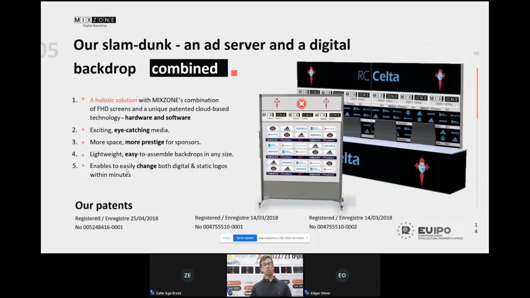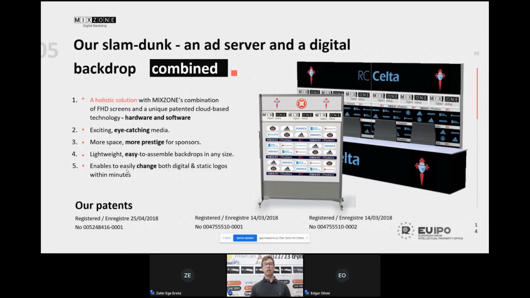The first one is the super flash backdrop. It's a transparent backdrop, and behind it is the press conference backdrop. You get more space to bring more sponsors to your portfolio, and you can now deliver more prestigious space for your sponsors in general.